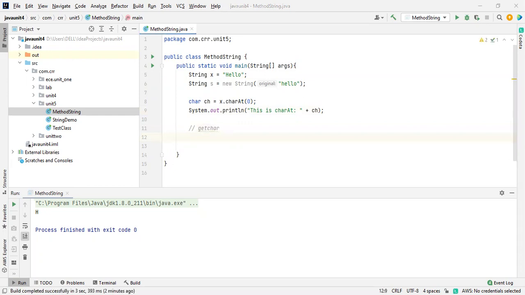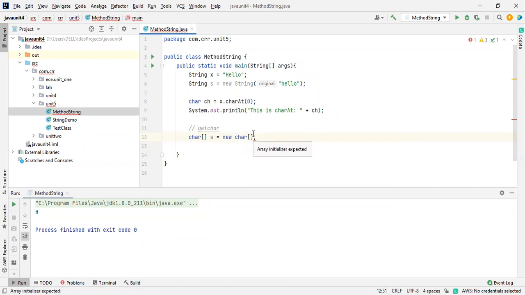Initially I'm going to take a char array. How are you going to declare an array? If you mention it like this, it is the C language way. Inside Java, we represent it like this: char characters A is equal to new char, and we need to mention the size over here.